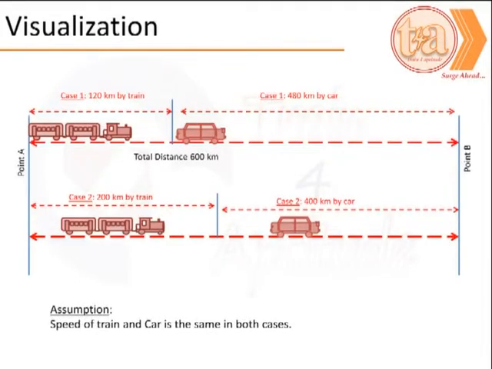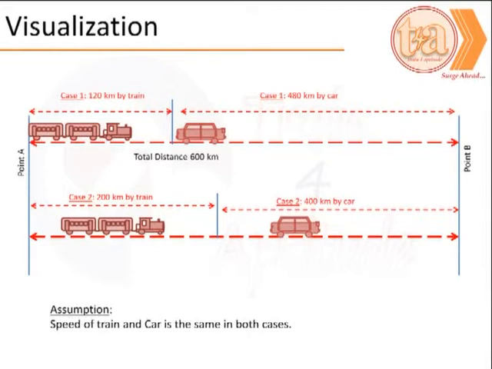From the problem, we could visualize it as two scenarios. The distance between point A and point B remains the same, 600 kilometers. In the first scenario, we have 120 kilometers of this distance covered by the train and the second part of 480 kilometers by the car. In the second case, we have 200 kilometers of this distance covered by train and the remaining 400 by car. Note that the assumption here is the speed of the train and speed of the car is same in both